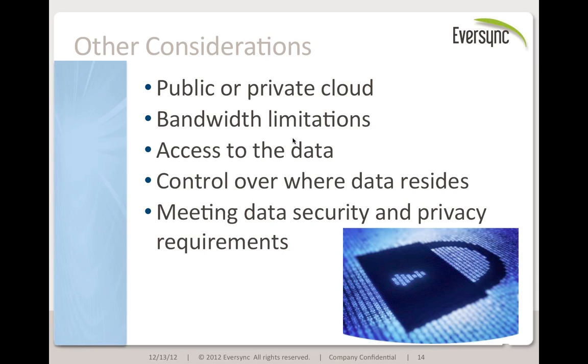And then finally, can the solution meet your security and privacy requirements? That comes from two components. One, the underlying cloud itself provides certain security and privacy capabilities. So for example, if I'm going to the Amazon cloud, I know what kind of compliance certificates Amazon has. I know what kind of security they provide that's published, but also what kind of encryption is being employed. And that's often done from the on-premise part of the solution. And then in the cloud, it's typically a multi-tenant solution. So what kind of solution is the backup provider implementing in their cloud services to ensure that your data is protected in a multi-tenant environment?